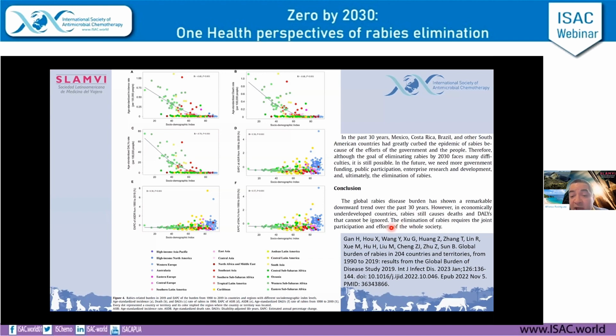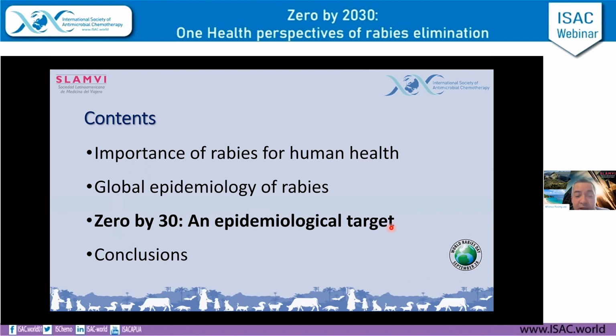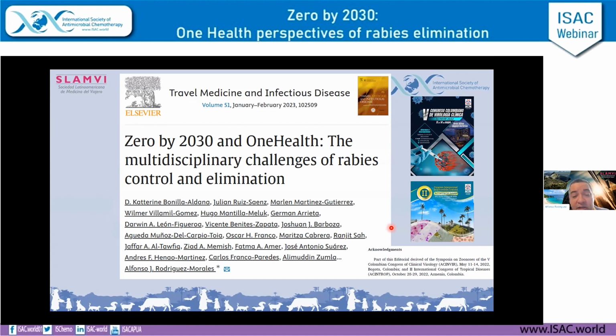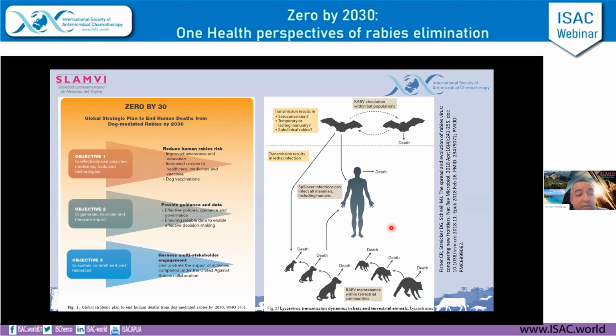And I mentioned the example of Arequipa in Peru that has occurred very recently. In this way, and just to finish, we have to remember, as we published this year in this editorial, that the target is to have 0 deaths related to human cases of dog-mediated rabies. This is related to different objectives that are stated in this goal to have the 0 by 30, including to consider not only dog-mediated rabies, but we have to look after other kinds of exposure that will be discussed.